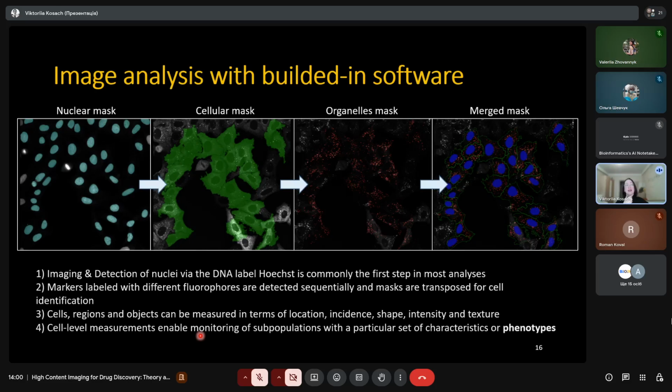Almost all automated microscopes today also have inbuilt supervised machine learning. That is very convenient if you have different subpopulations. If your cells do not answer to the stimuli all alike, but there are different populations that answer a bit differently, in such a case, supervised machine learning inbuilt in the microscope software works very nicely, so very good.